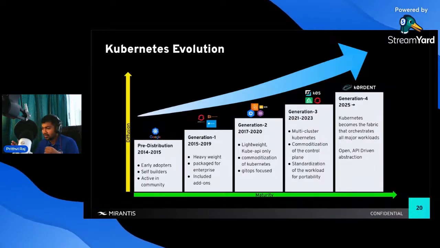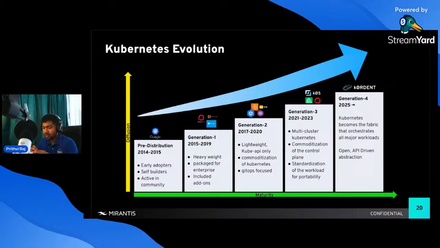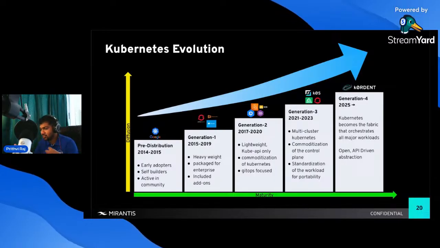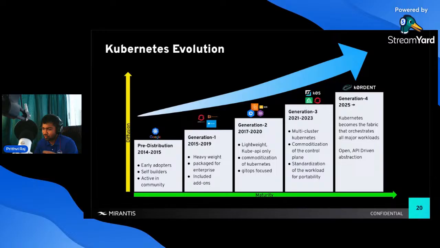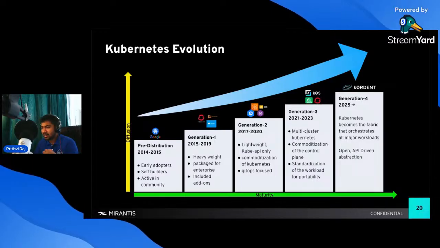And then Kubernetes became lightweight in nature. K3s came as a solution. A lot of providers came in with lightweight Kube API, kubeadm focused Kubernetes. And then the last generation, I mean k0s, I believe, has also standardized a lot of this approach and made Kubernetes easier for the community. And I believe Cordant takes this forward by becoming that orchestrating layer for all your major